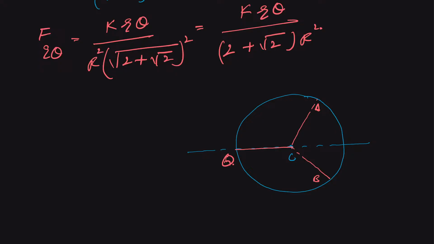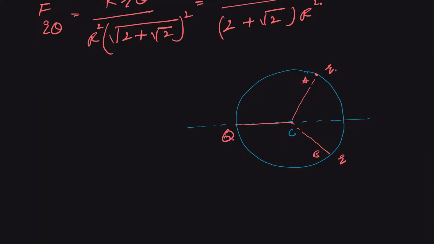So let us consider that we are going to find all the forces for this A. So we are going to consider everything with respect to A. So we have the same charge here, it is also Q, and here it is also Q. So obviously there will of course be a repulsion, and we can just draw it. So it will be in this direction. And let us call this FQQ,